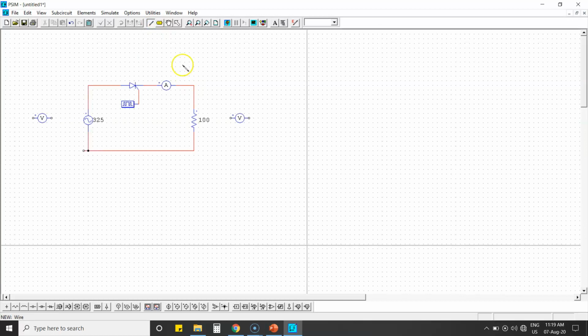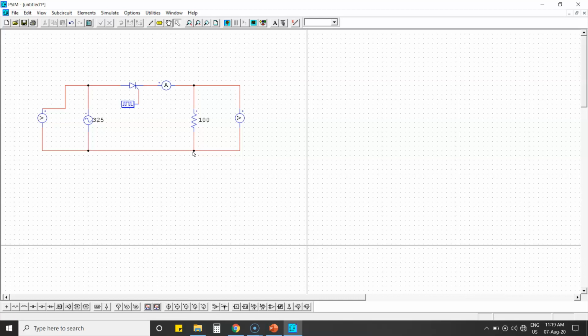So this one connected, and next one just rotate this one, so it should be positive in the upward direction. So now connect the same through your wire. Okay, so we have connected the voltmeter and ammeter connection.